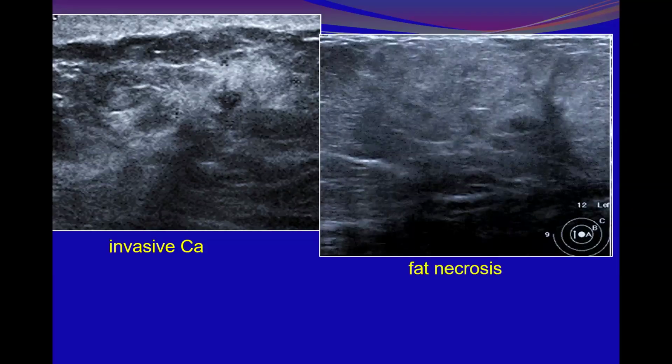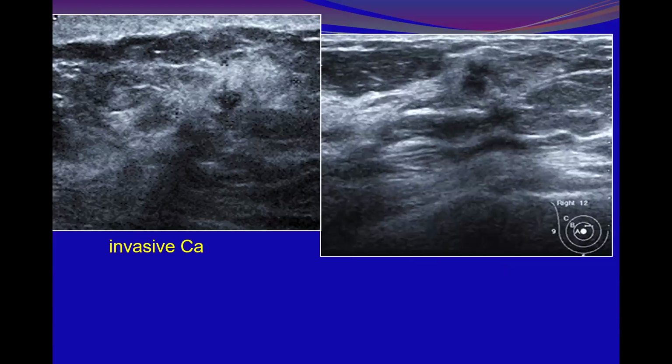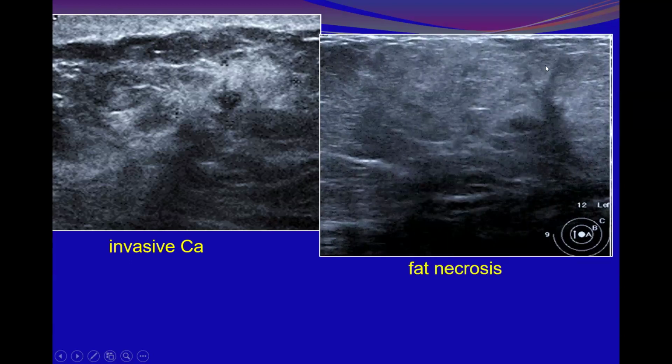So this is the nidus, okay? This is the cancer nidus, and all these represent a reaction. This is the rind, the hyperechoic rind. All this is a hyperechoic rind. But